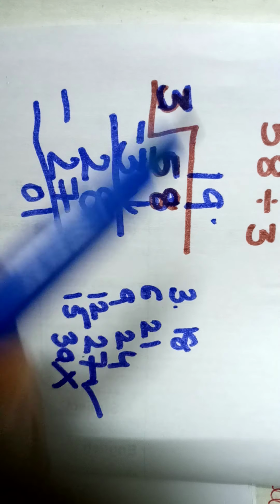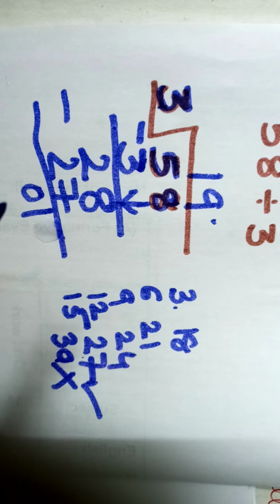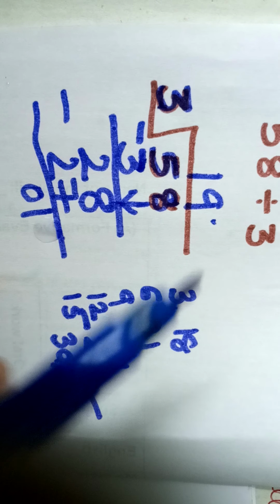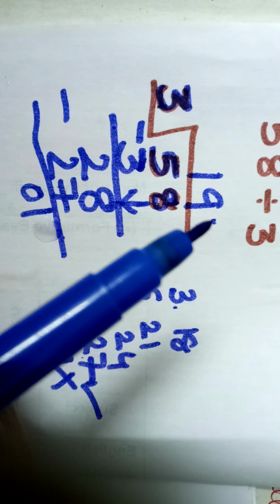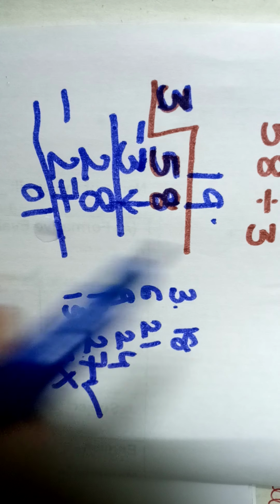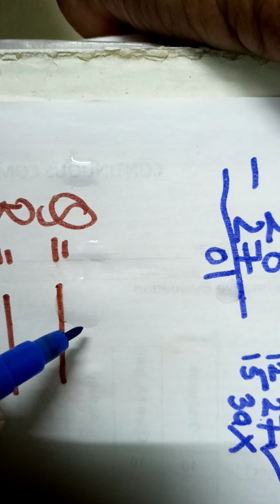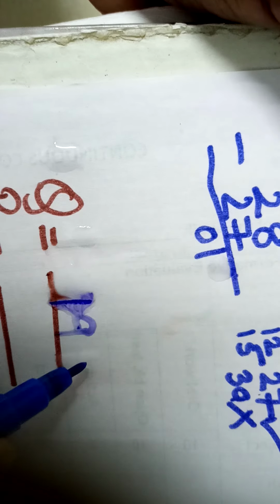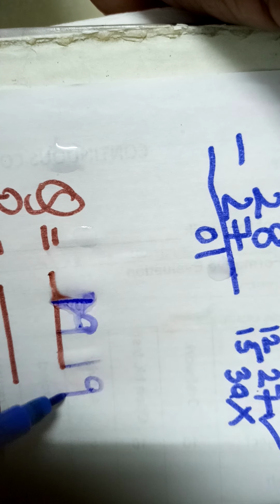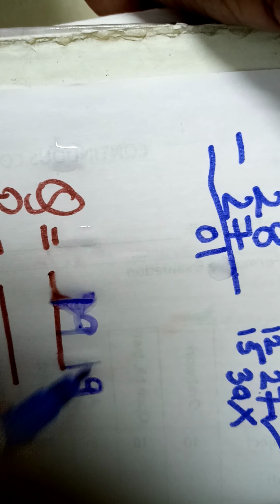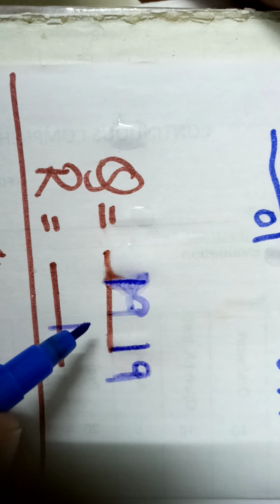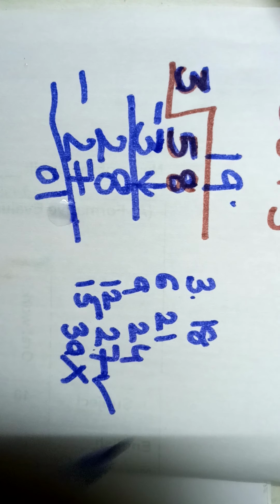Okay? So you got 3 nines are 27. So what is it here? 19. And what is it here? 1. So 19 is your Q, the quotient. And what is your R? Your R is 1, the remainder. So understood Q and R? So you have to learn this division properly.